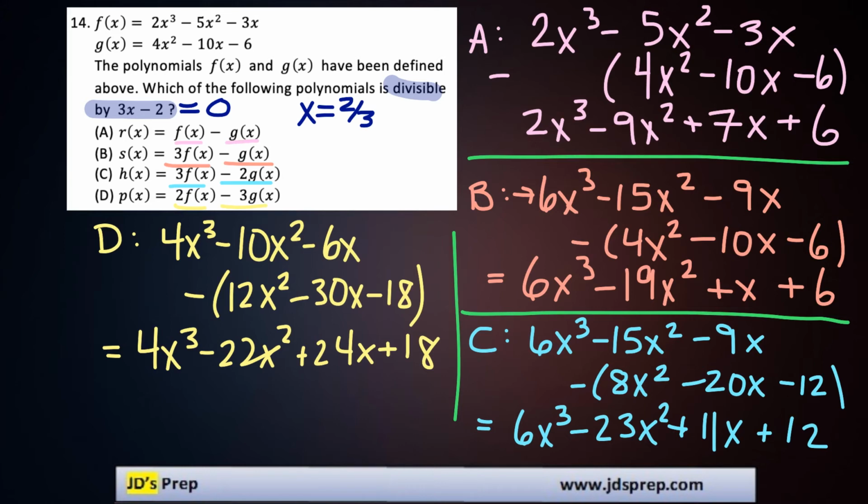Now, like I was trying to explain earlier in the video, to find out which one of these 4 polynomials is divisible by 3x minus 2, what we're going to do is go through each one, replace all of the x's with 2/3, and find out which one gives us an answer or a solution of 0. That way, we know we've got our answer. For example, option A, up here, 2x cubed minus 9x squared plus 7x plus 6. If we were to replace all of those x's with 2/3, you get an answer of